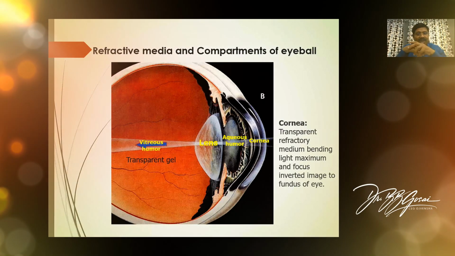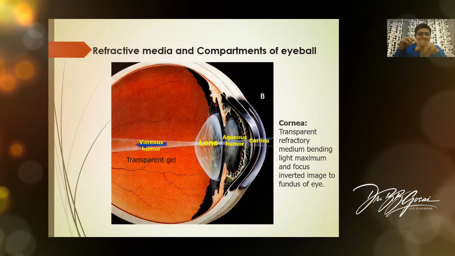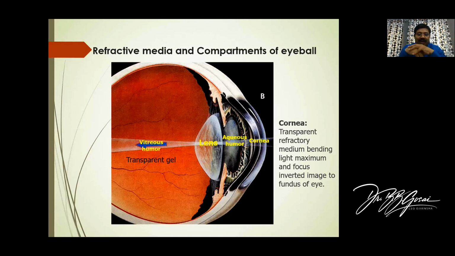Now we discuss what are the different compartments within the eyeball and what are the different refractive media. Technically, some of the aspects are related to physiology, so they will explain to you how these refractive media are useful for the visual apparatus. But structurally, we will discuss some of the points. Okay. So as you can see in this particular slide, in this picture,